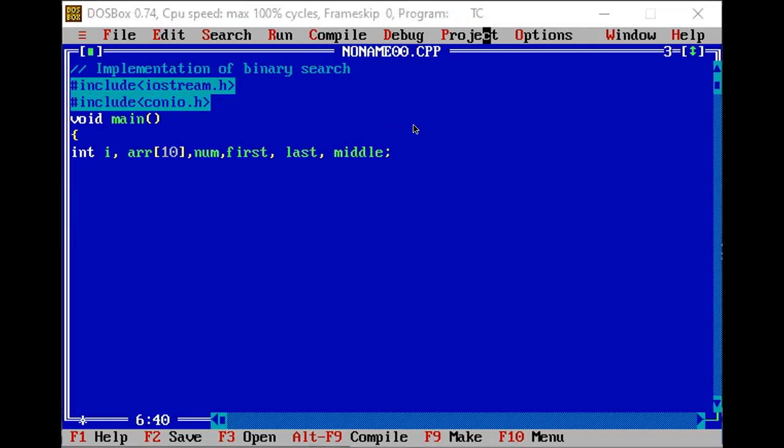So these are some of the variables that we are using, and we have defined some of the important variables in this binary search. As you know, the middle element is important here, the last element is important here, and we need to calculate the middle element, plus we have the first element and the last element.